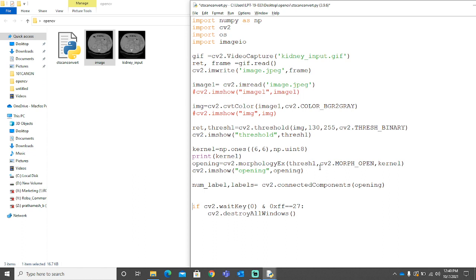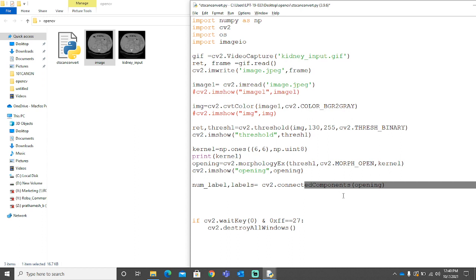Okay, right now we have a morphologically transformed image, right? This is our opening, and now we are going to use connected components. What connected components will do is figure out which components are connected and how many components there are in total.